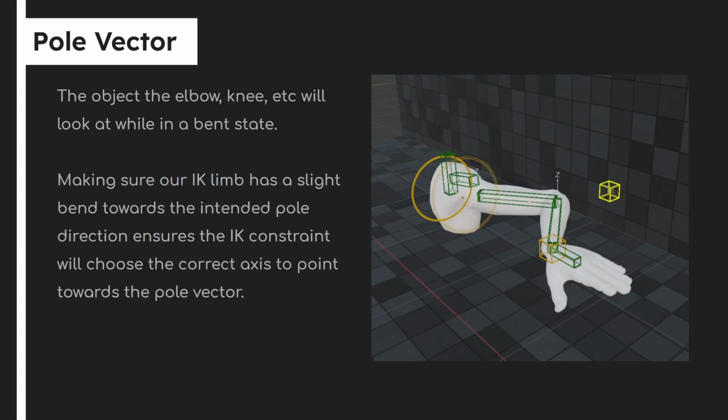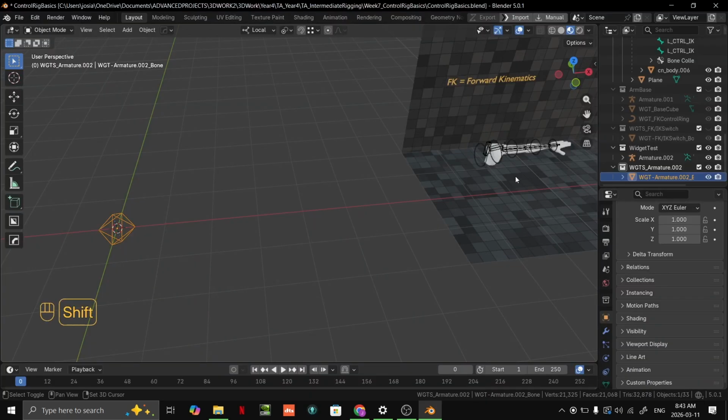And yeah, pull vectors are the object the elbow, knee, etc. will look at while in a bent state. We have to make sure our IK limb has a slight bend towards the intended pull direction to ensure the IK constraint will choose the correct axis to point towards. And in this case, that's the pull vector. So you can see, I will showcase in a second, that bend in the MCH bone. But you can see here it tracks really nicely. And if I go here,